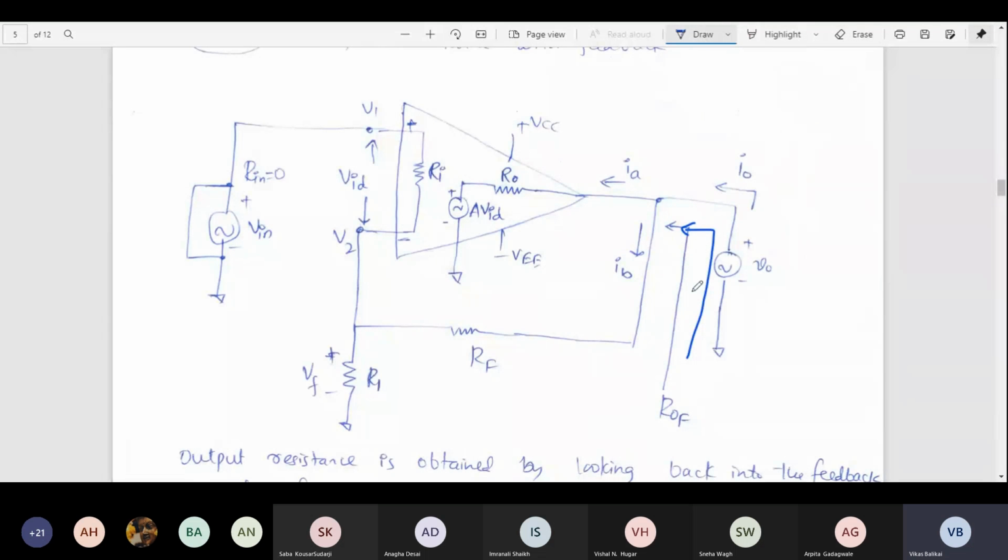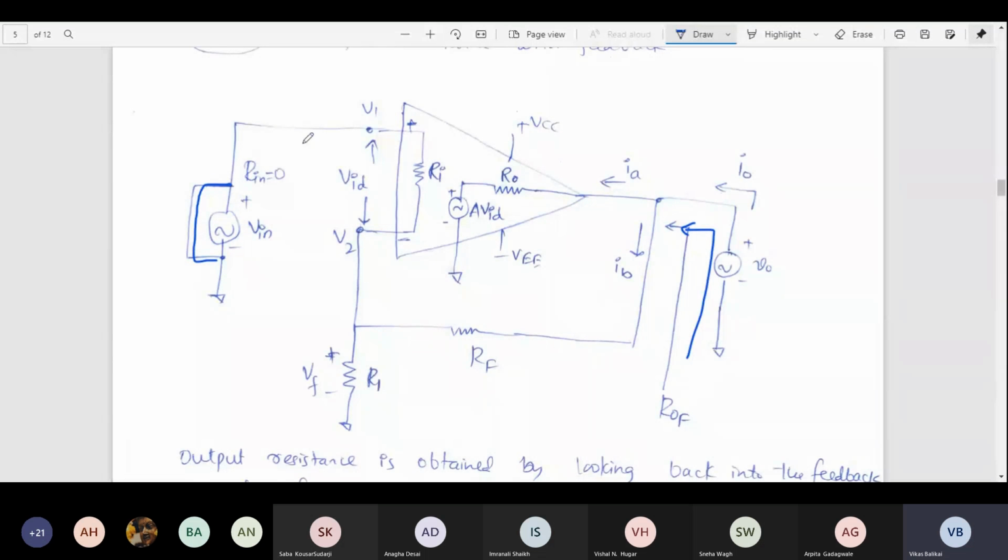So basically now, in order to find that, I require a voltage source. Now, because I am finding the output resistance and I don't have any source connected at the output side, what I'll do is try to short the input voltage. What I now want is to find out the output resistance, and to find the output resistance, I require a source at the output side. But because there is no source at the output side, I'll fix up a dummy source V naught at the output side, and there was one source at the input side that I am going to short it.